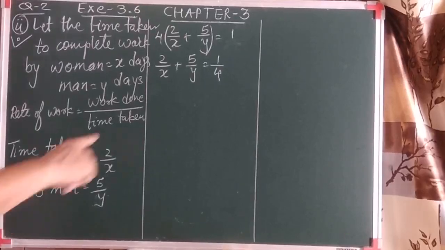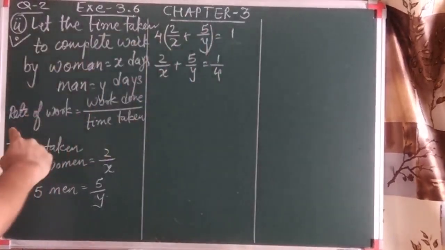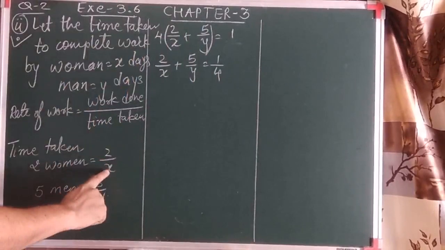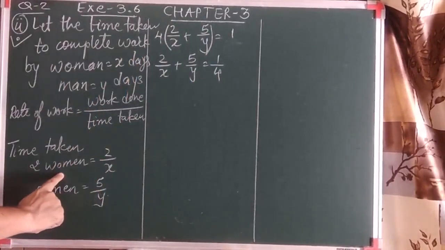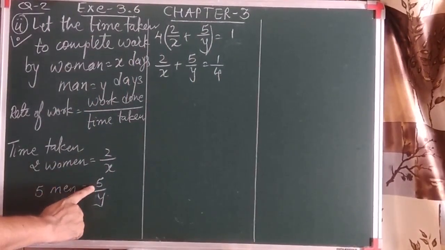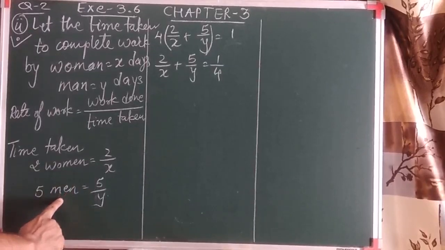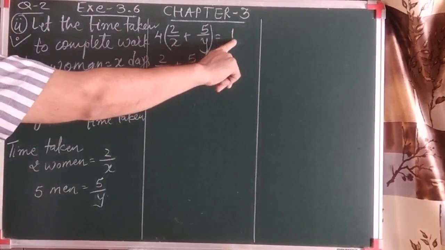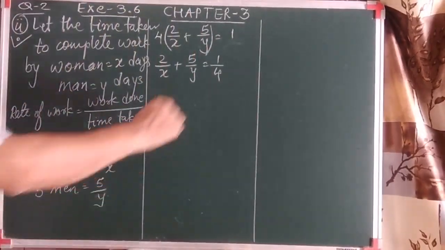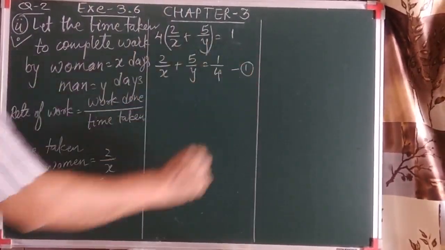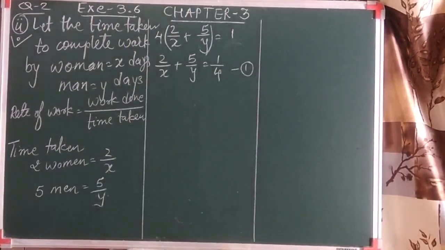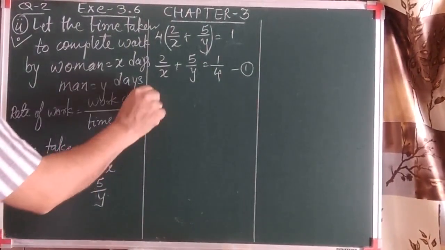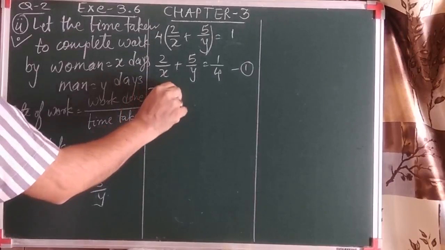You can pause the video, you can rewind and understand again. आप दोबारा समझो क्योंकि यही बहुत इंपॉर्टेंट इक्वेशन है. ये एक दिन में किया हुआ काम है 2 औरत का, एक दिन में किया हुआ काम है 5 आदमी का. अब दोनों 4 दिन लगातार काम करेंगे तब जाके एक काम खत्म होगा. गॉट इट? सो दिस इज द फर्स्ट इक्वेशन. लेट्स गो फॉर द सेकेंड इक्वेशन. नाउ टाइम टेकन टू कंप्लीट द वर्क